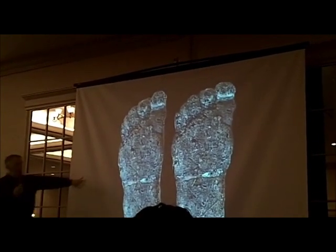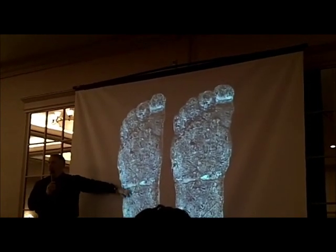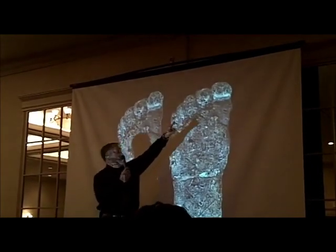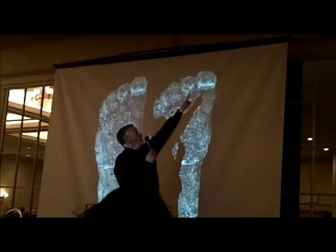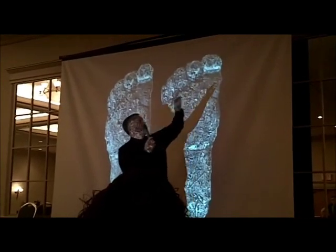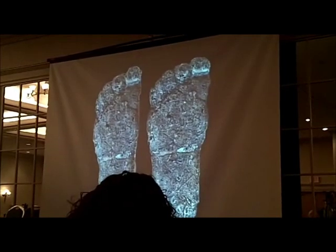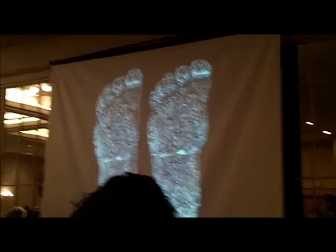But the point is, you can see that the original cast has the stain from the soil in which it was cast. But there's this bright spot right up here. And in fact, we were talking about it last night. I honestly, at the moment, can't remember if that is an indentation or if it's sticking out. Because it was suggested that perhaps there was a stick or some twigs, as was evidenced in